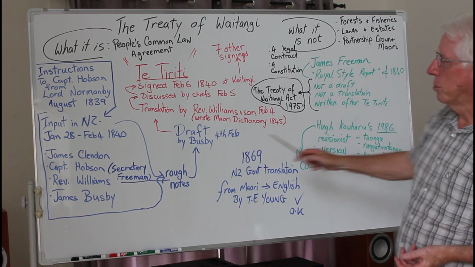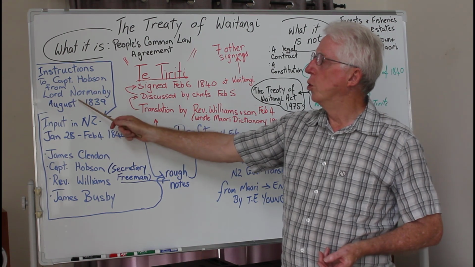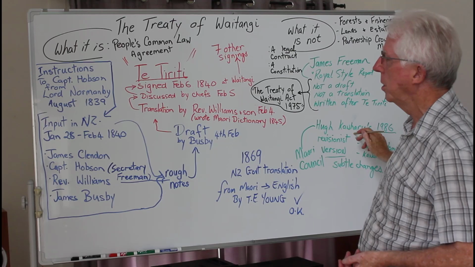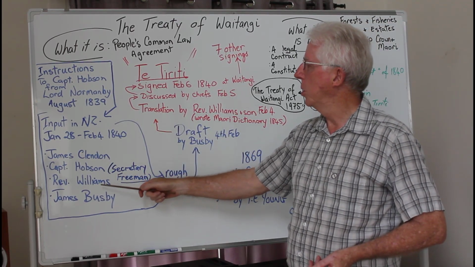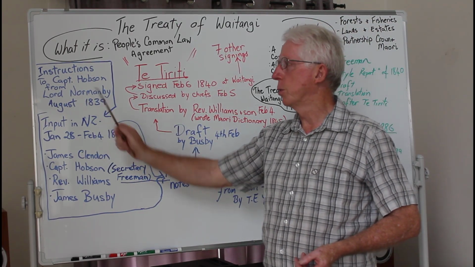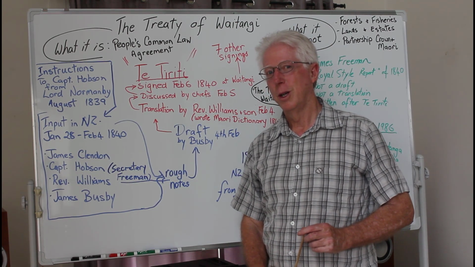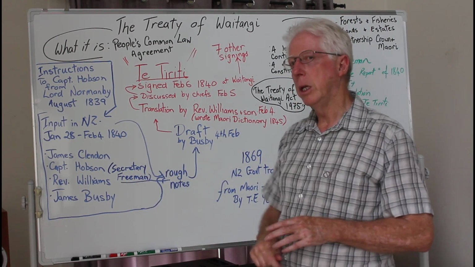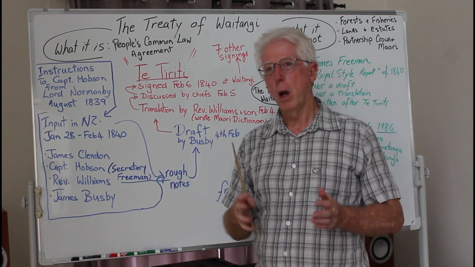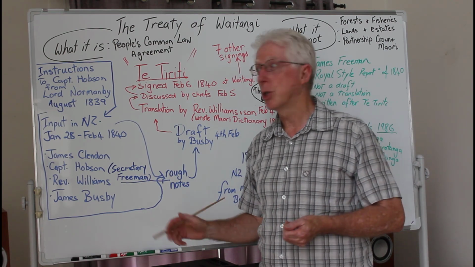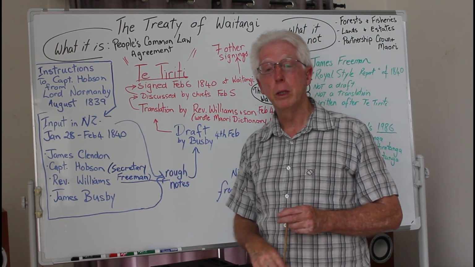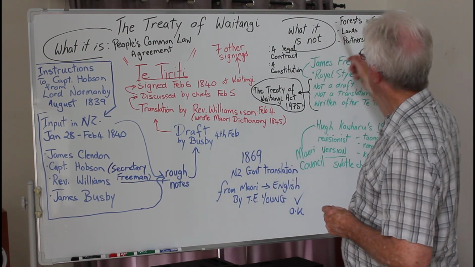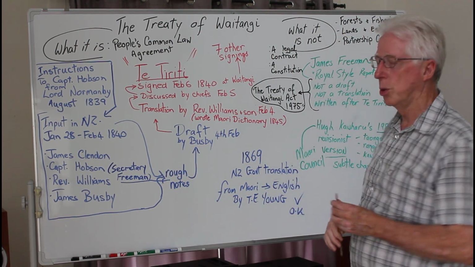None of these guys refer to Lord Normanby's instructions. These fellows here, Freeman and Kawharu, but over here, Clendon, Captain Hobson, Reverend Williams and James Busby understood perfectly well what Lord Normanby was intending. Freeman didn't have any experience or any qualification or any authorization to even connect with Lord Normanby's instructions. So he's like the odd man out, floating around,